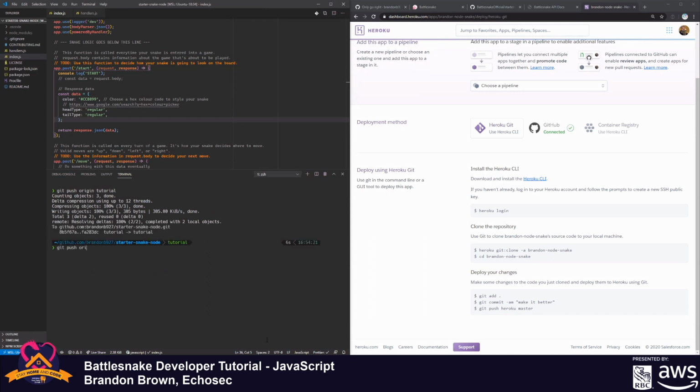Git push origin, git push Heroku tutorial. So rather than origin, origin is kind of like a default keyword in Git for the origin of where your code is coming from. And in this scenario that is our GitHub repository. And we've added another remote called Heroku. And so this is going to push to that Heroku repository, which we've added. So if I do git push Heroku tutorial,